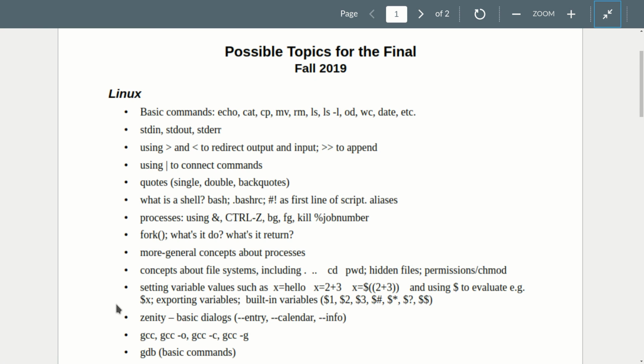All right, Zenity. You're all Zenity experts, right? Because you've been doing this, so basic dialogues. I'm not going to ask you for nuanced details, but you should know that Zenity is a way to create a GUI type object,